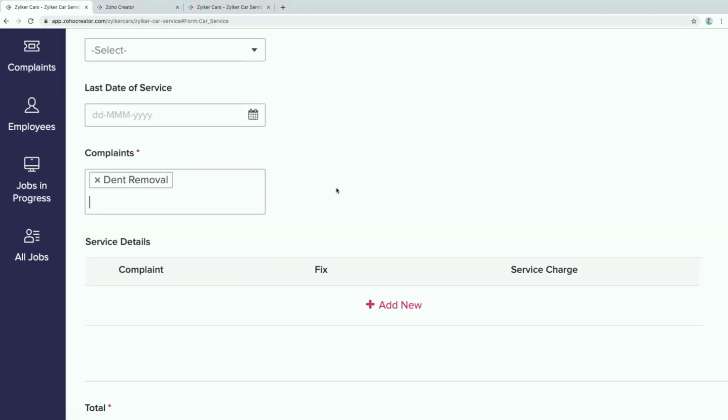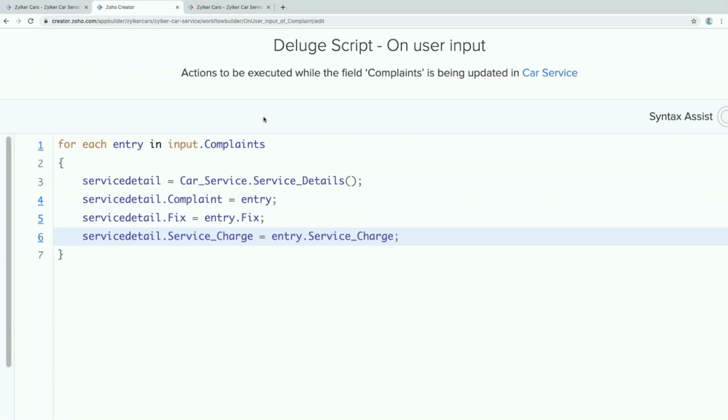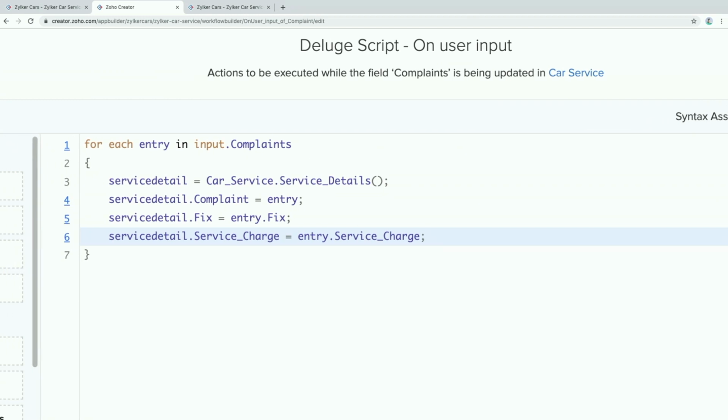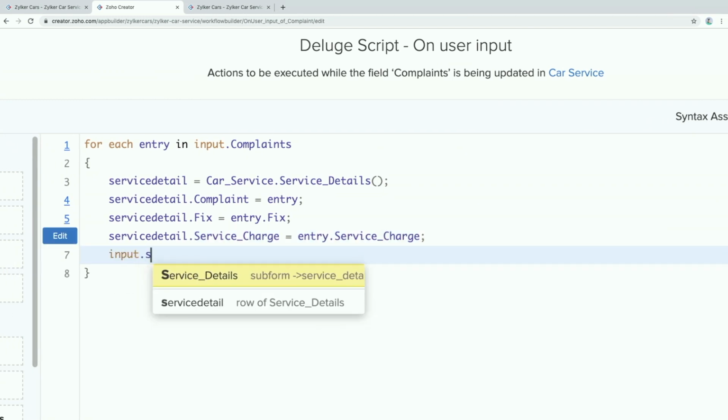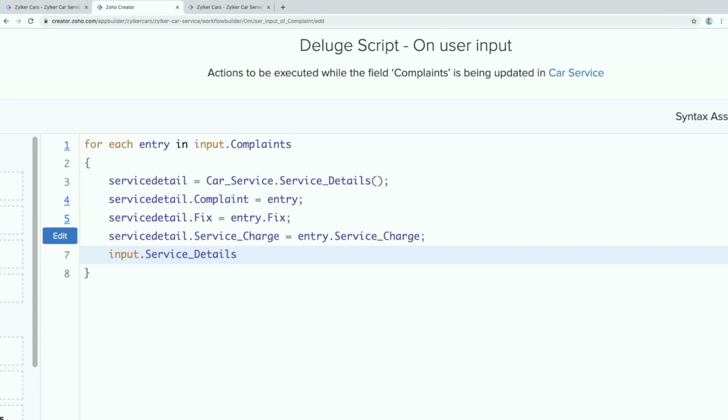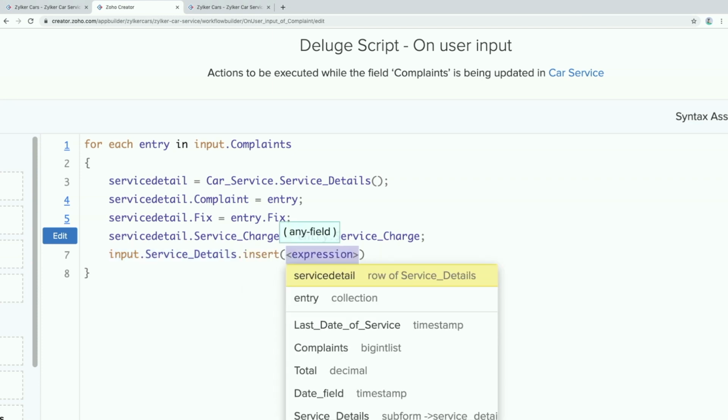It doesn't. We have simply declared variables in there. We have not given the system an instruction to add that into the subform. So I'll add one other script in here. So input dot service details, that's the subform, dot insert. I'm going to insert a row in there, and I have already defined the row in the variable called service detail. So I can simply select service detail,